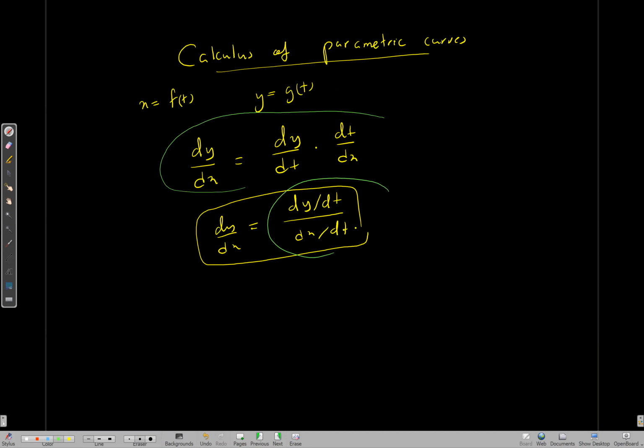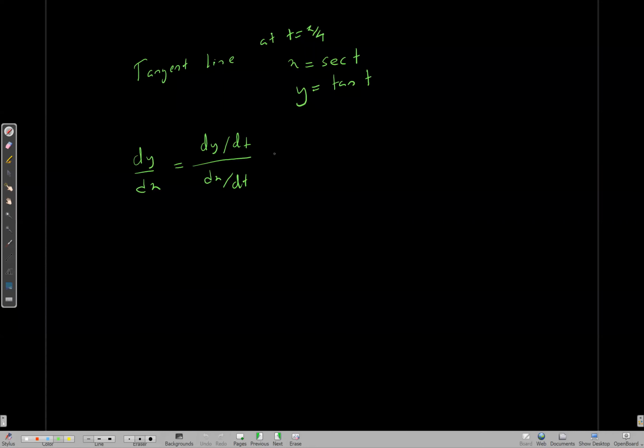Now dy by dt: the derivative of tangent is secant squared, so that's why you get secant squared